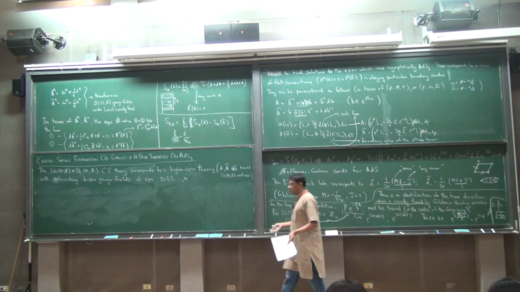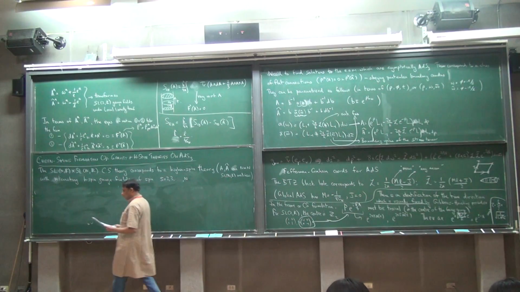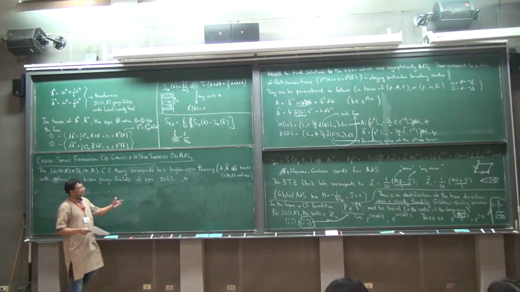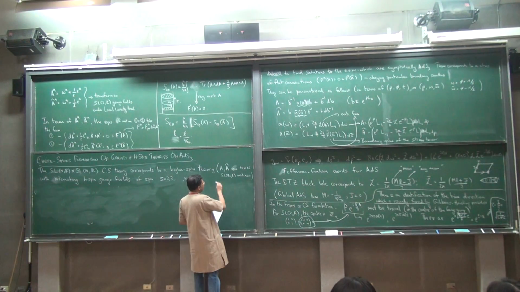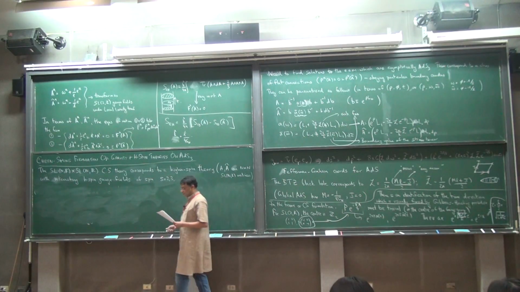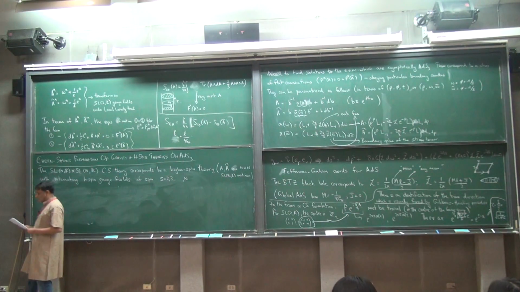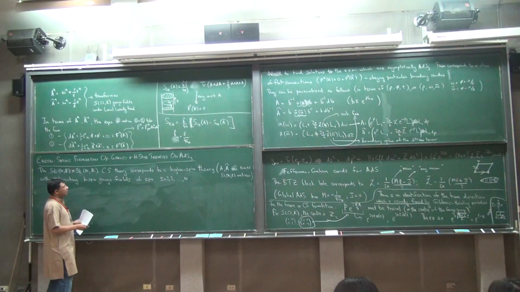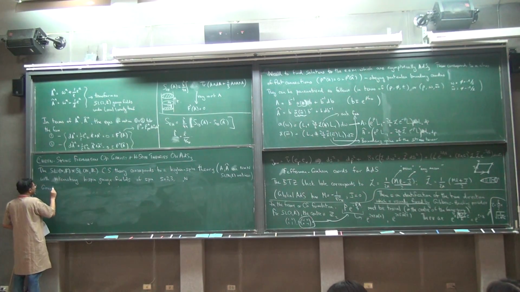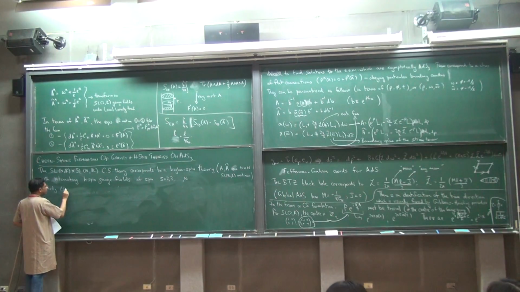SLNR matrices are basically n by n real matrices with determinant equal to 1. And so the gauge fields are in the Lie algebra, so they're traceless n by n matrices. Gravity and the s equal to 2 field